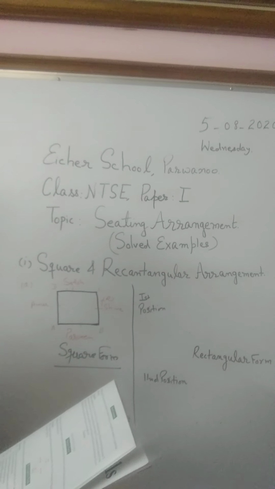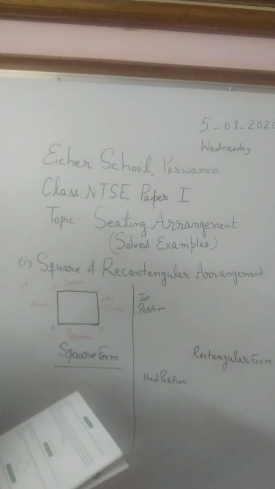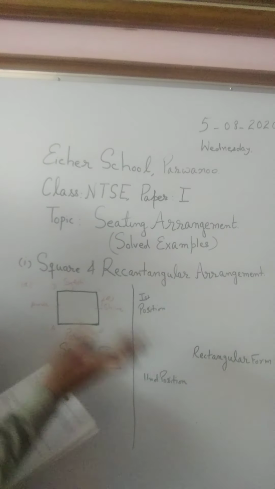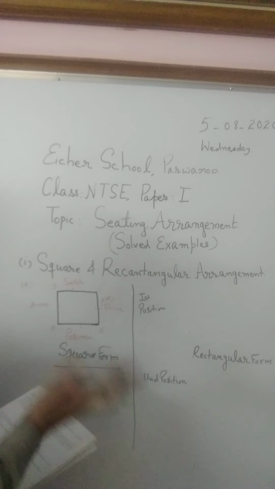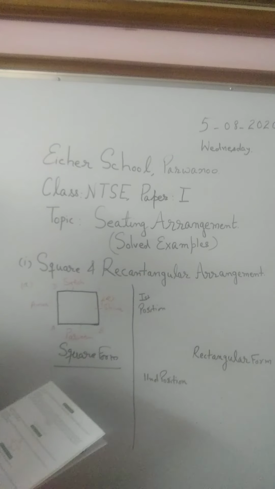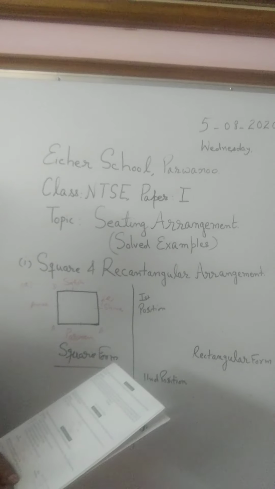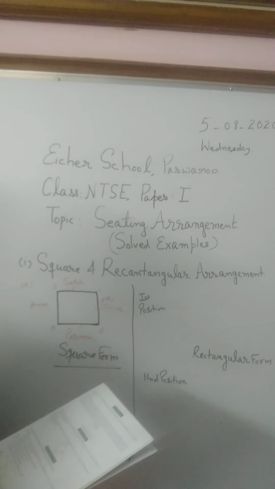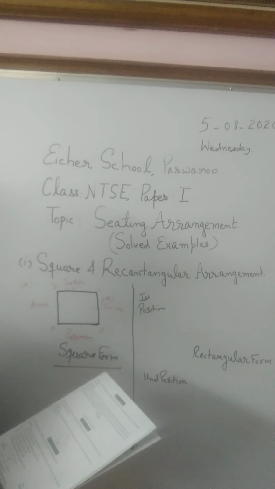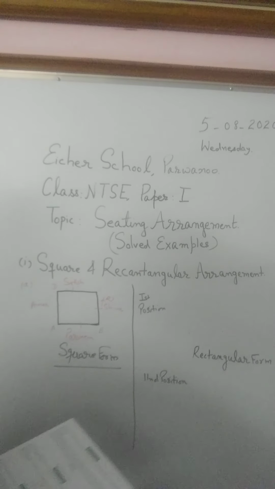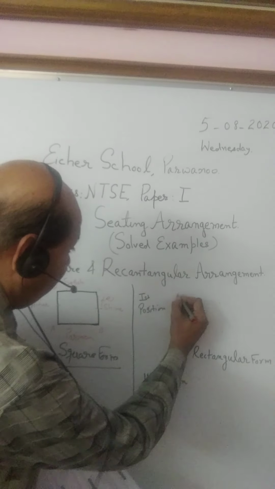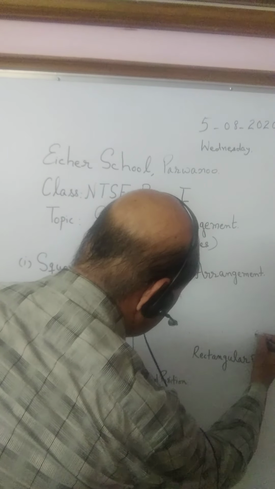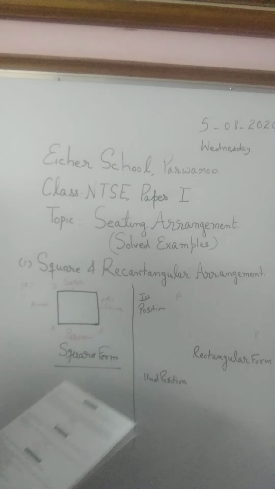They are sitting such that the boys are facing the girls, meaning they are in the opposite mode. Boys will sit opposite to girls or girls will sit opposite to boys. There will be no mixing of boys and girls. A and R are diagonally opposite to each other. A is a boy, R is a girl. That means if A is here, then R will be at the other corner of the rectangle.